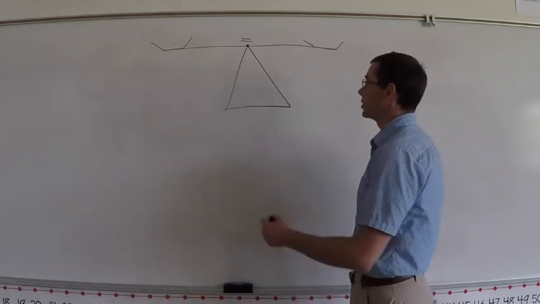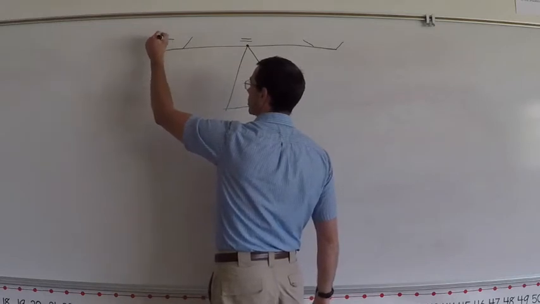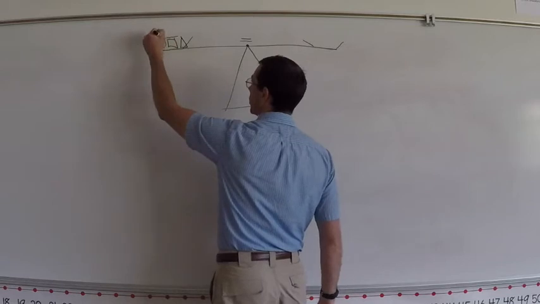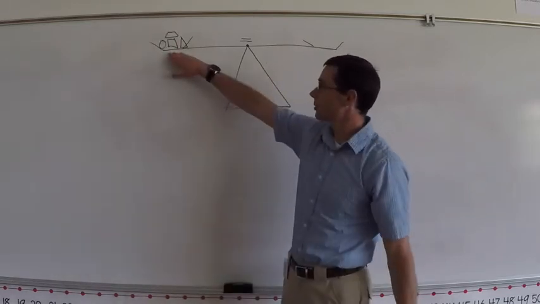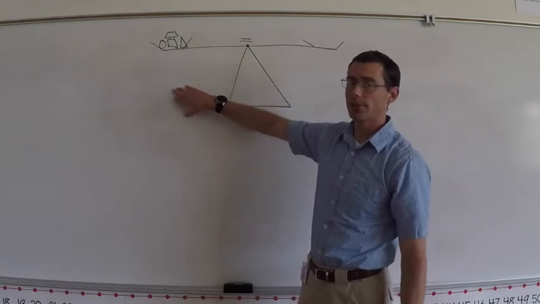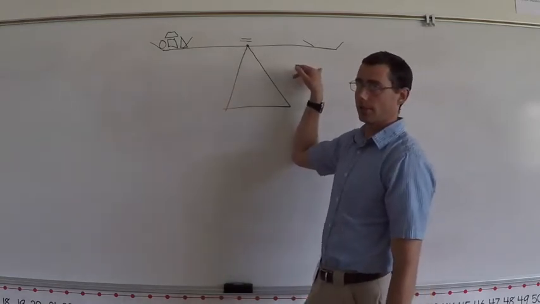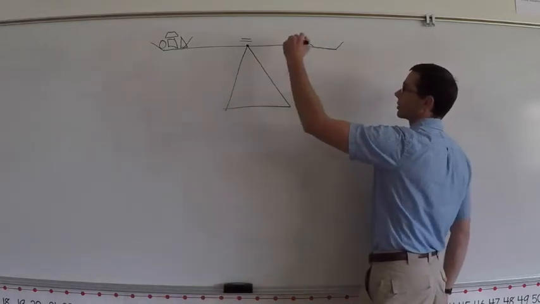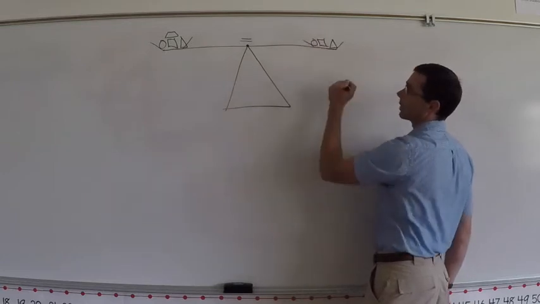And then we can add however much weight we want to this side, right? We can add the circle, the square, and the triangle. Whatever weight we want to, we can add to this side. But if we add all this weight to this side, then this is going to drop down, and it won't be equal to this side anymore. Hopefully that makes sense. So in order to keep it equal, if I added the circle, the square, the triangle, and the